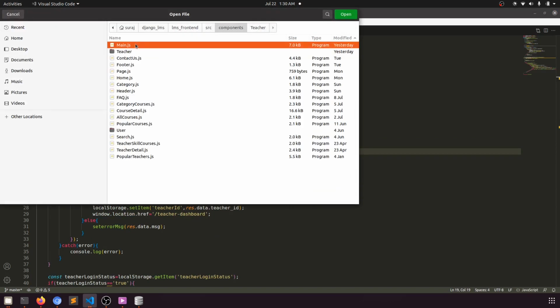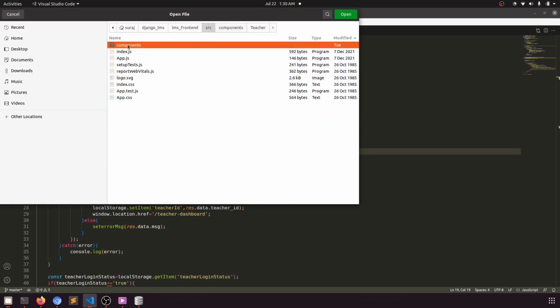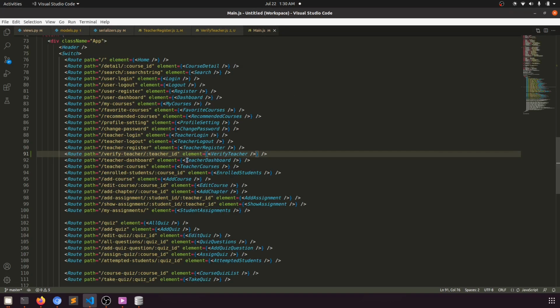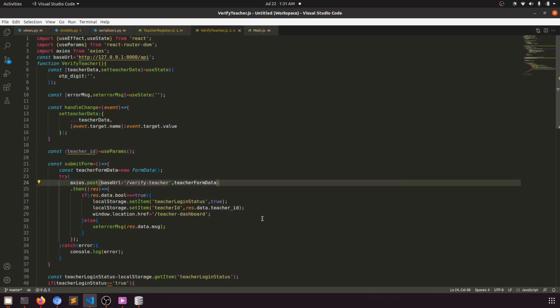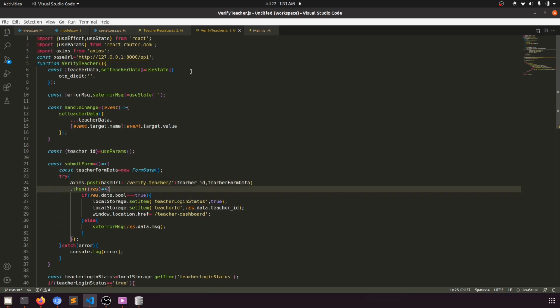Where is the main component? Source, component, main, and this is the teacher ID, right? So it should be the same. Okay, so teacher ID we will pass here, verify teacher, right? So this is our base URL, and this is teacher ID, and